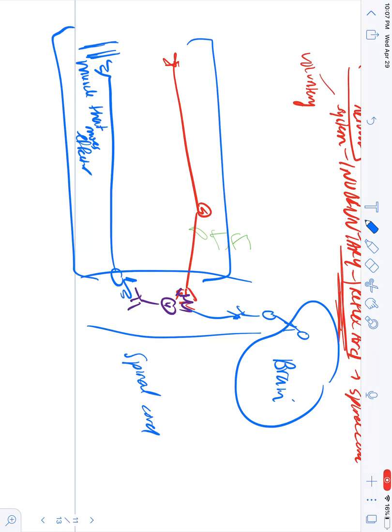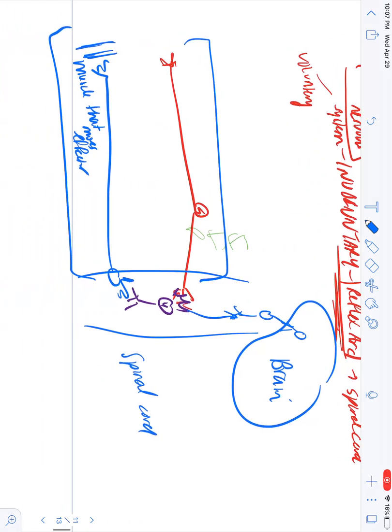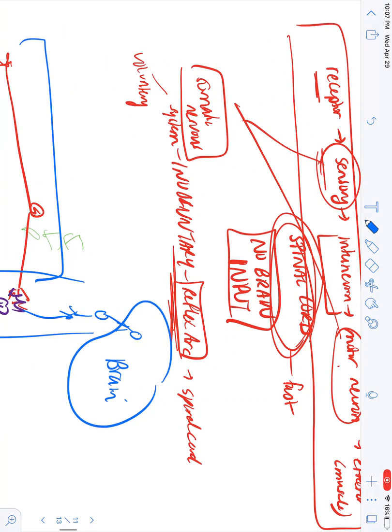Another reflex is in your knee, where you tap your knee and your knee just jerks involuntarily, without any conscious control. So if you're paralyzed, that wouldn't work. Okay, anyways, so